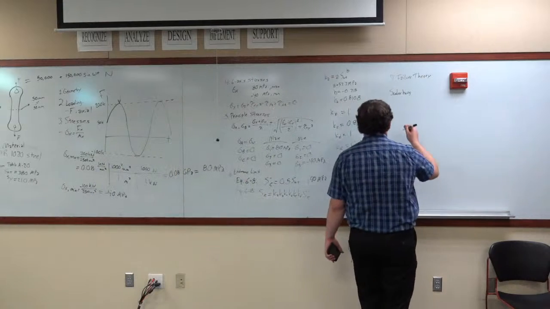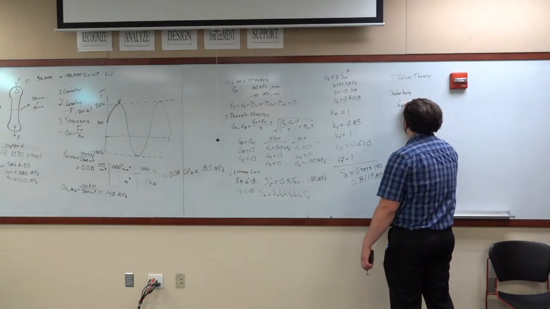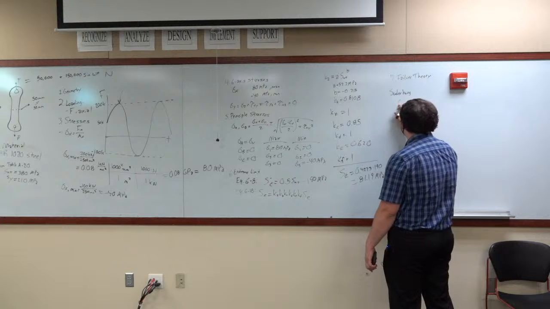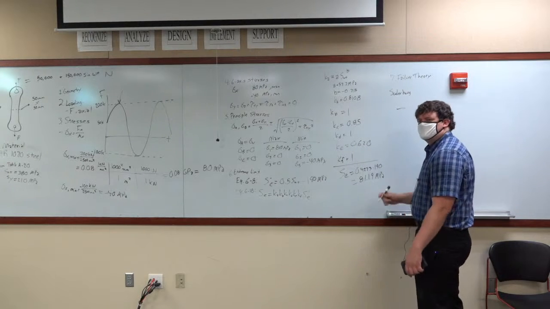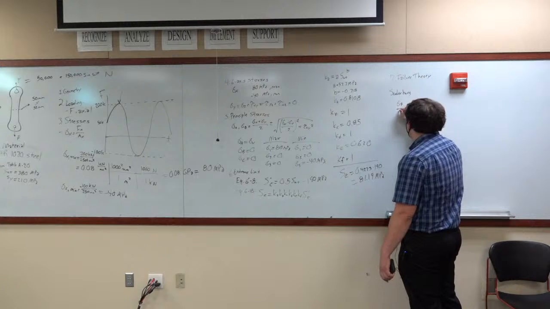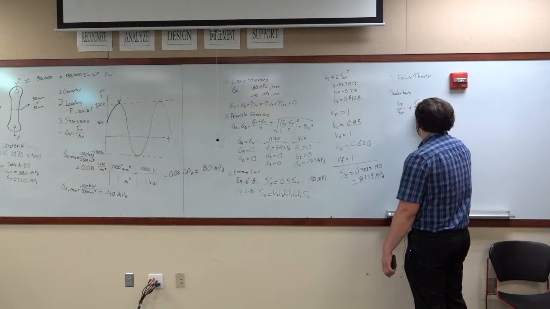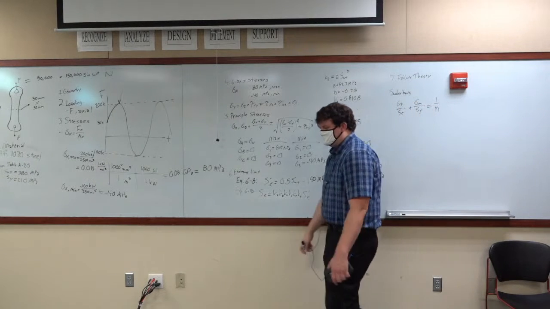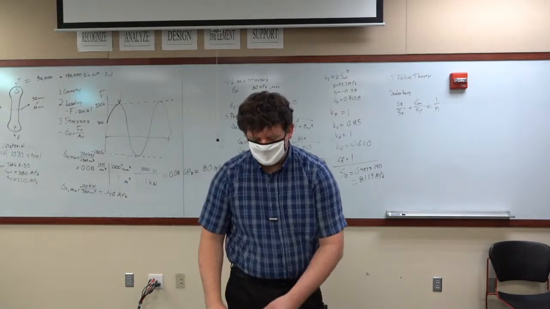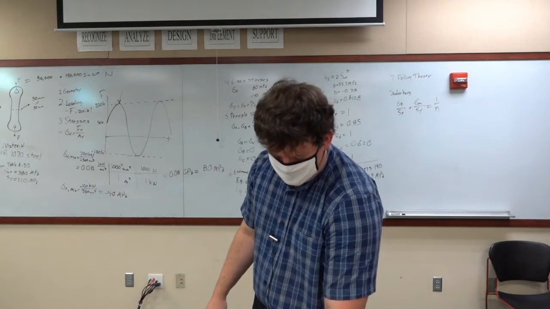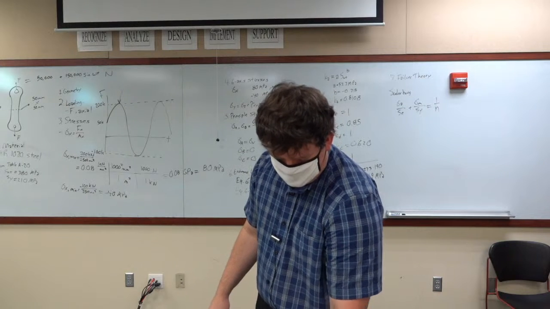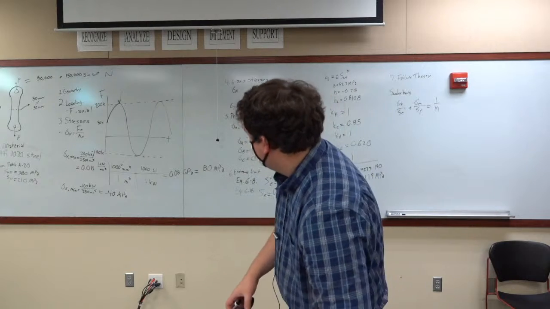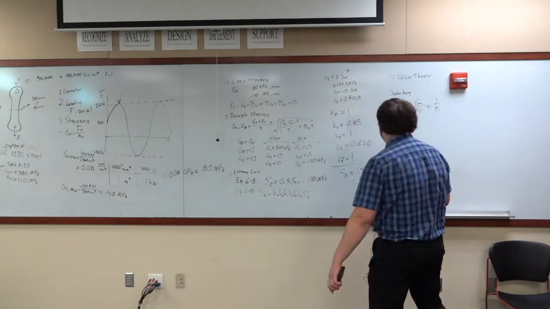The Soderberg equation is SE. No. You're reading this in the book, aren't you? It's sigma A over SE plus sigma M over SY is equal to 1 over N. I think. Pretty sure. Yes. Okay, so the equation for sigma A